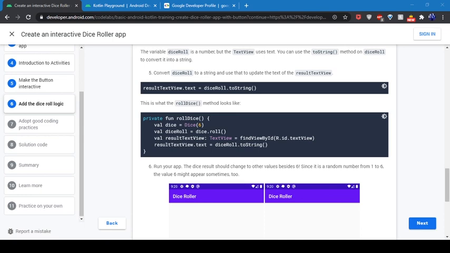Dice roll dot toString. Okay, so Sheila, you asked why we're saving it as a string and not